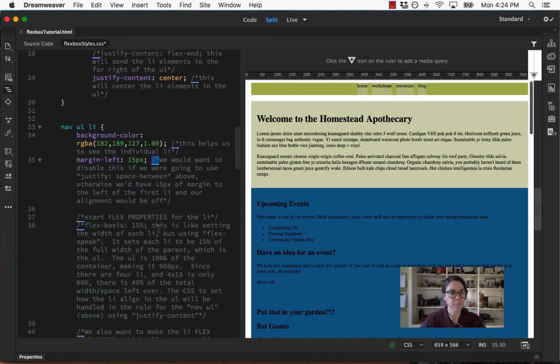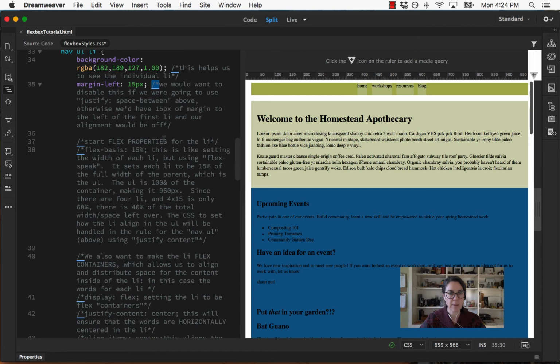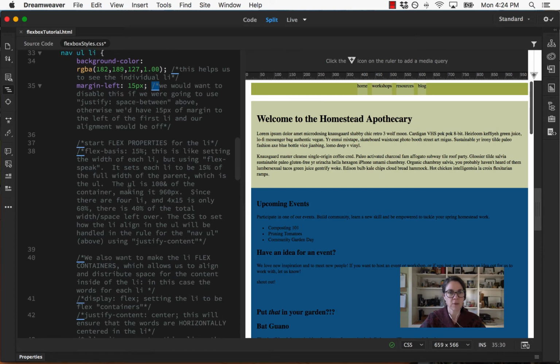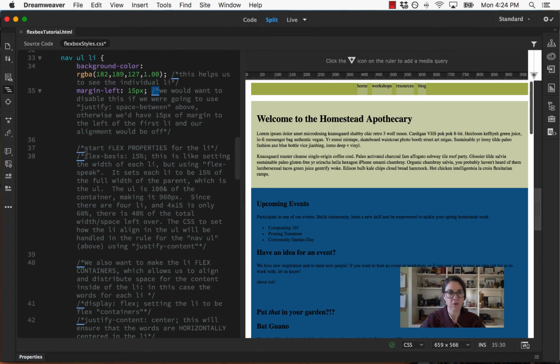Okay, getting into the flex properties for the list items, the first thing that we're going to start with is something called the flex basis. Now the flex basis is another way of talking about the width of an element. And in this case, we're actually using a percentage, which is kind of new to us. I've mentioned it before, but when we move into responsive design, we need to deal with flexible content. We generally will be using things like percentages, because 15% of something can be really big,